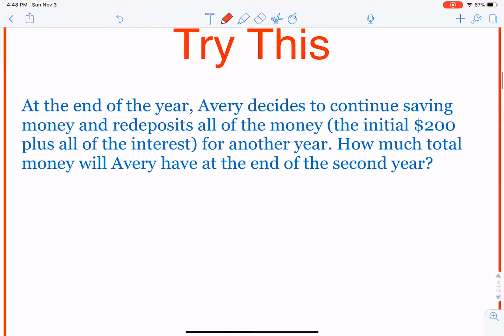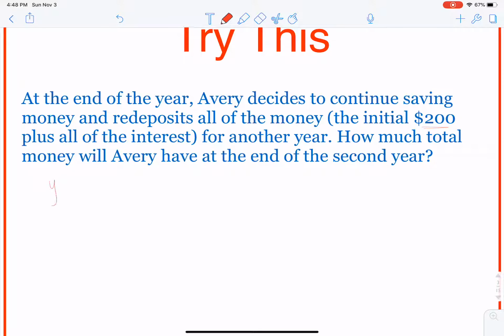So moving forward, at the end of the year, Avery decides to continue saving money and she redeposits all of the money. So the initial $200 plus all of the interest for another year. How much total money will Avery have at the end of the second year? So we could say y is equal to 216, 1 plus 0.08 raised to the first power. Or